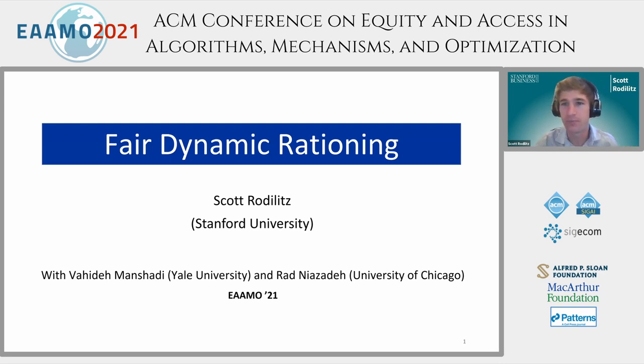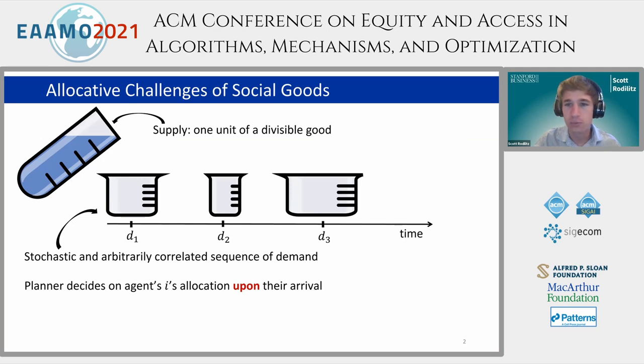So I'm going to start things off by introducing a general class of allocation problems before getting into a little bit how this relates to the topic of the session. So suppose you as a social planner have been tasked with allocating some desirable social good to agents who are going to arrive sequentially. When they arrive, you'll observe their need, and you're going to need to make an allocation decision at that time. Now, these needs might be arbitrarily correlated, so that you can have a pretty challenging scenario here. And let's think about what your goals might be.